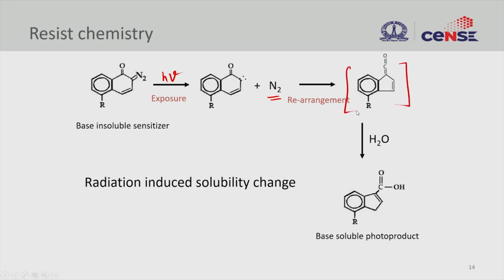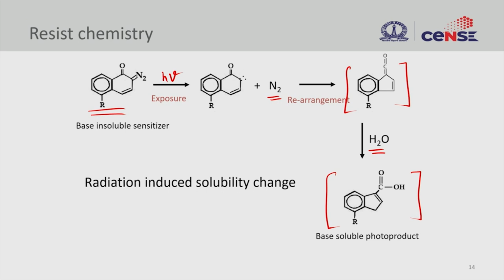So after rearranging, this is still insoluble, right? So you are only exposed and you have this material here. So what you need is water, or humidity in this case. This humidity will make this compound soluble, right? If you take the COH group, this COH group is soluble in base. So now you have made this insoluble sensitizer into a soluble product, and this is what you want to do